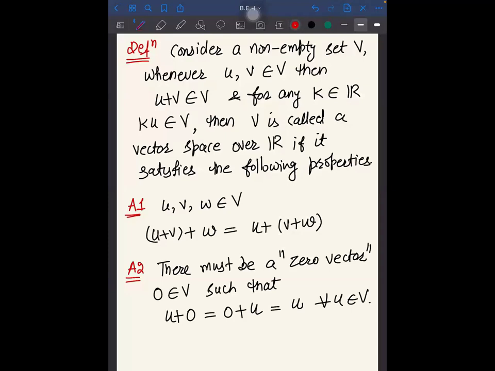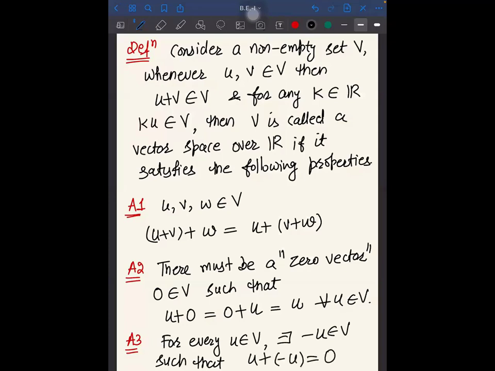So now your A3. For every u belonging to V, there must exist minus u belonging to V, such that whenever you add u and minus u, it will always be a zero vector. That zero vector which we have discussed over here, this zero vector. Okay, so if you add u and minus u, the same zero vector will appear as a result. And